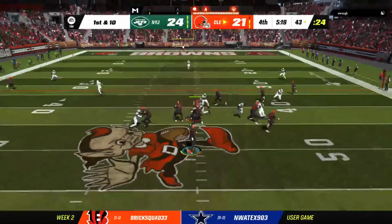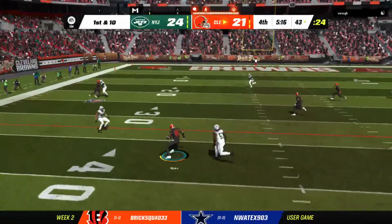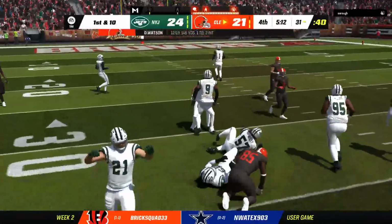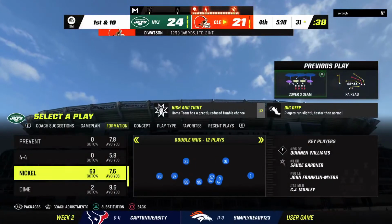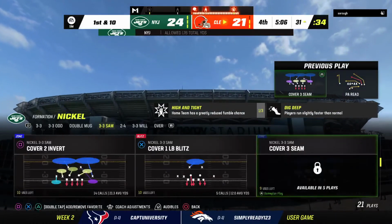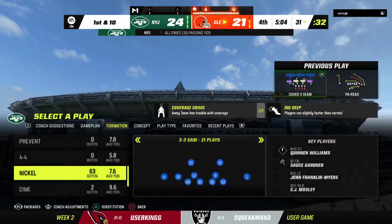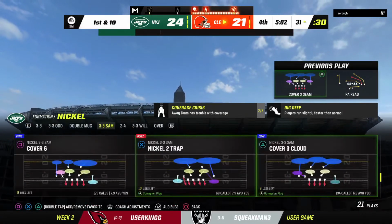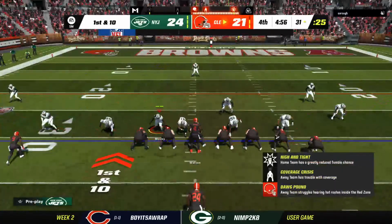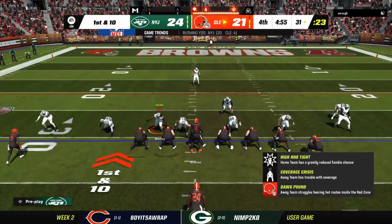Watson off play action. This is the tight end, Njoku. And he'll be taken down here just shy of the 30. And here we are in the 4th quarter, partner, and watch them drive for what would be a go-ahead touchdown. And you and I both know this is where you need a quarterback who can keep his cool back there,